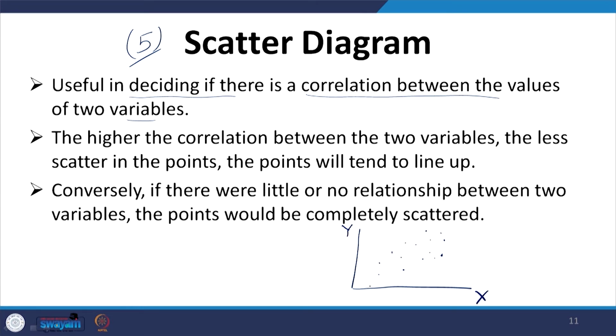Now, based on this scatter diagram, you can find that yes, this diagram is representing a kind of straight line, but there is a possibility where the diagram is highly unorganized, where you will not be able to understand any pattern between the values of two variables. So, this relation between the values of two variables we have already discussed in our forecasting classes in the form of regression analysis.